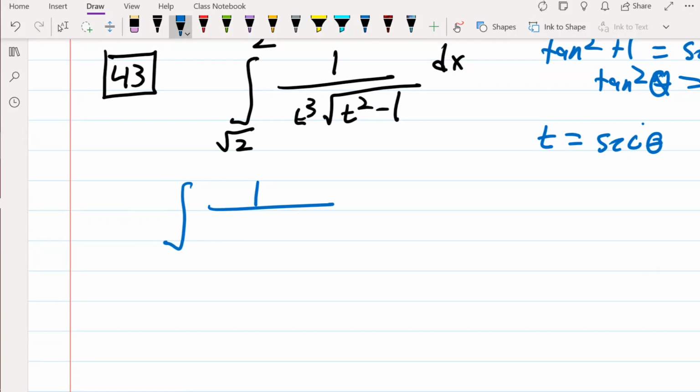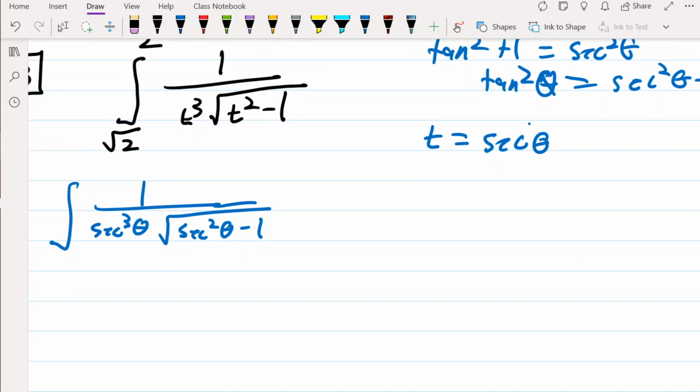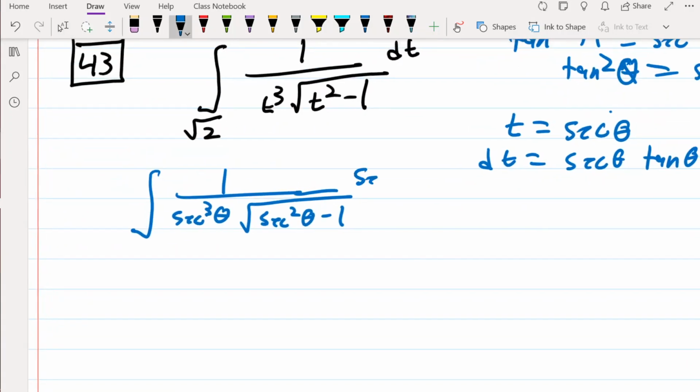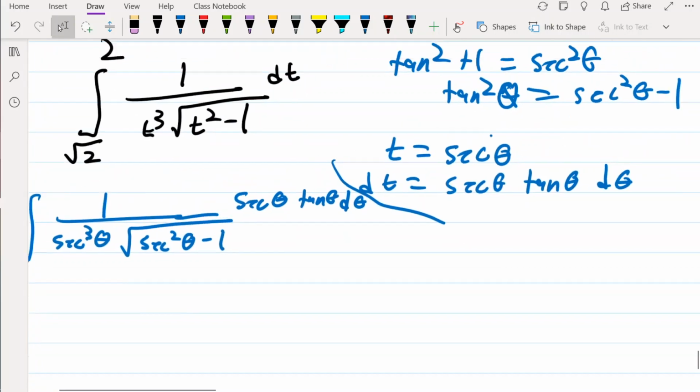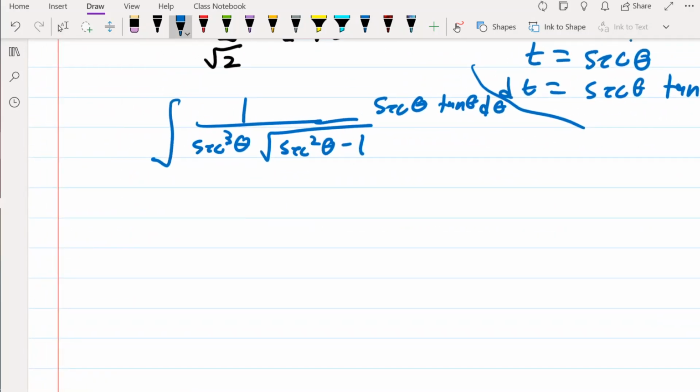1 over, we're going to input this for t, so it's going to be secant to the third power theta times the square root of secant squared theta minus 1, and then we need to find dt real quick. So dt is going to be equal to secant theta tangent theta d theta. All right, so from here we are going to substitute. We're going to use tangent squared equals secant squared theta minus 1, and we're going to simplify this part underneath. We're going to put secant theta tangent theta d theta over secant to the third power theta